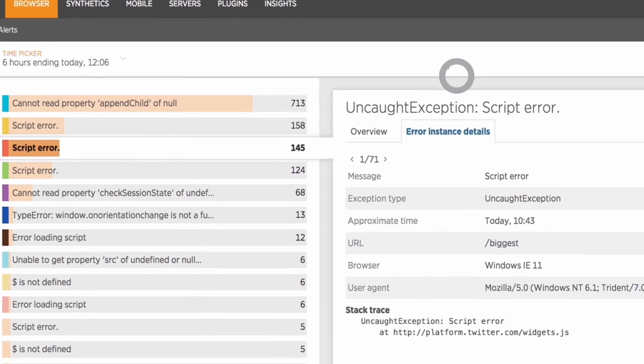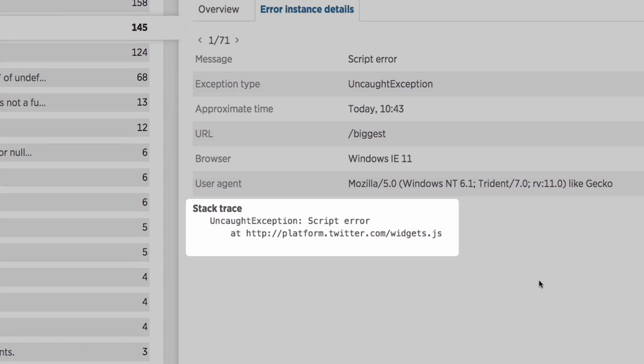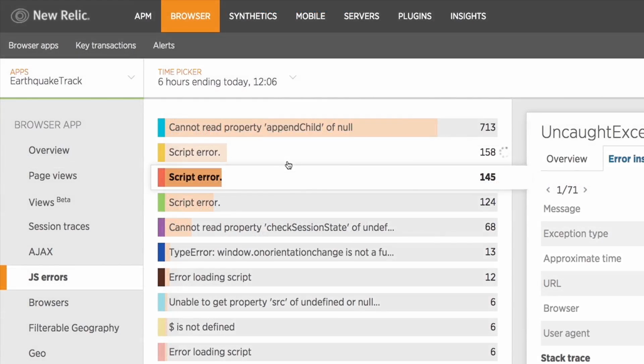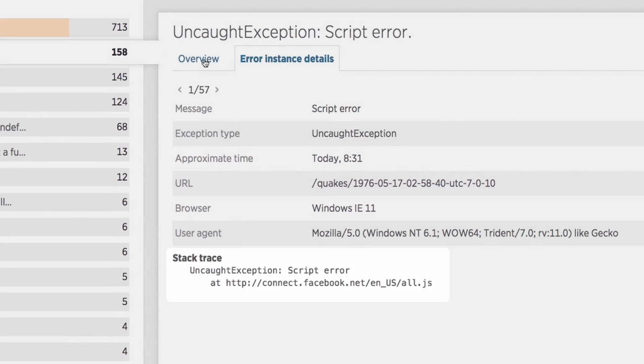Going even further, we can drill in to view specific samplings of this error, including associated context about the environment in which it occurred, such as the browser type and version, the target URL, and a full code-level error message and associated stack trace. This particular script error seems to be occurring due to our inclusion of a script from Twitter. Clicking through, we can see that each script error corresponds to a specific social media plugin failing on the